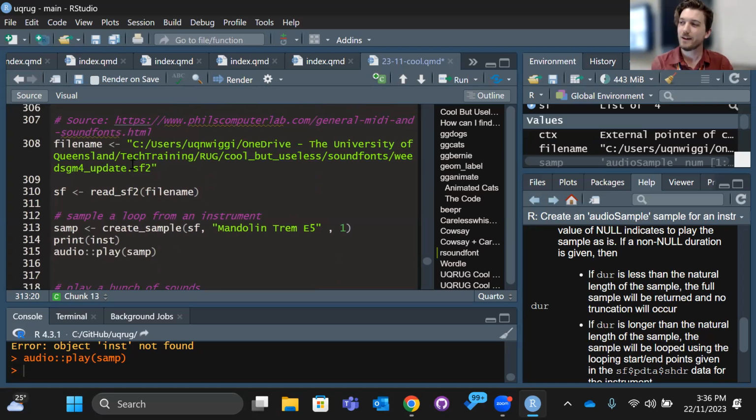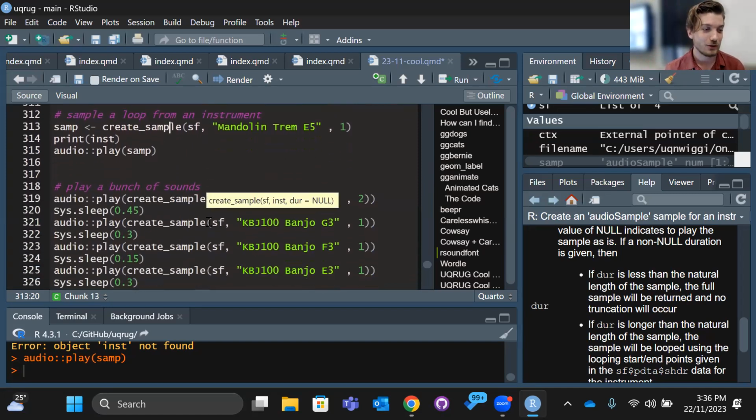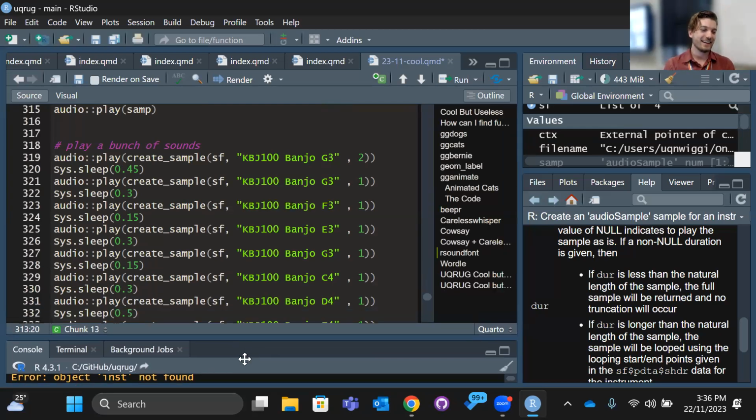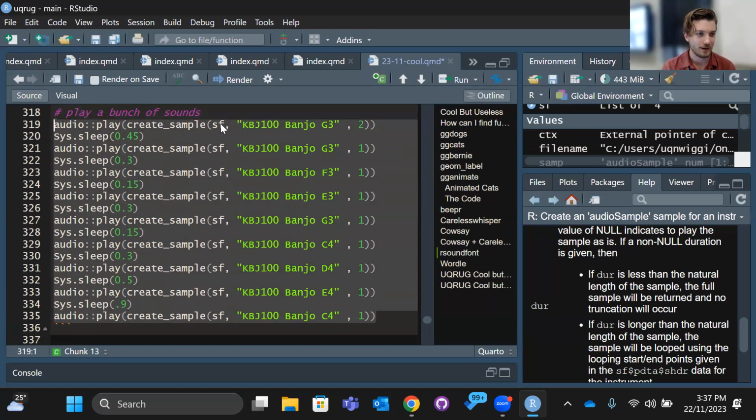The bagpipes were characteristically awful, just because it was a really MIDI bagpipe, not that the bagpipes are bad. So what you could do, this is probably going to crash R again, is get a whole bunch of things like that and play them all together. You can see that I'm playing one sound that goes for 2 seconds, and then I sleep the system for 0.45 seconds, and then I play the next sound, and let's see what happens.